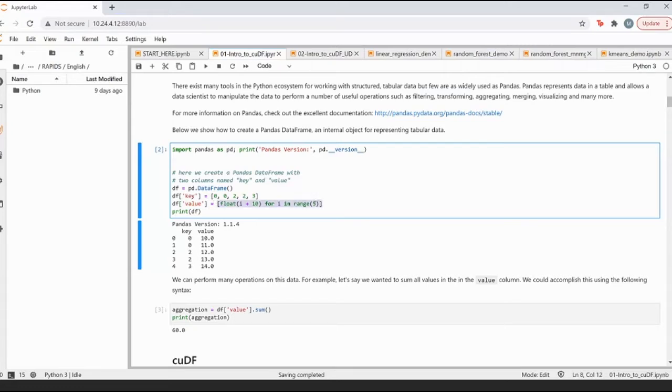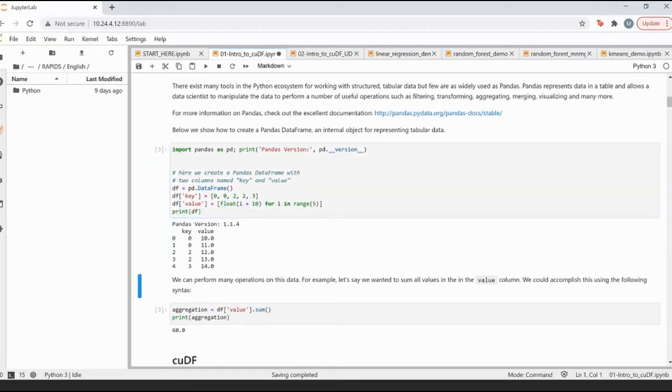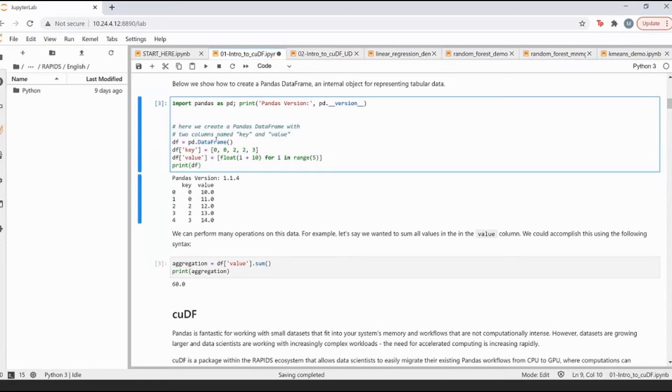A list comprehension is basically a for loop within a list itself, where I want numbers in the range of 0 to 5, and the output is 0 plus 10, 1 plus 10, and so forth till 14. So this is my data frame that you can see.